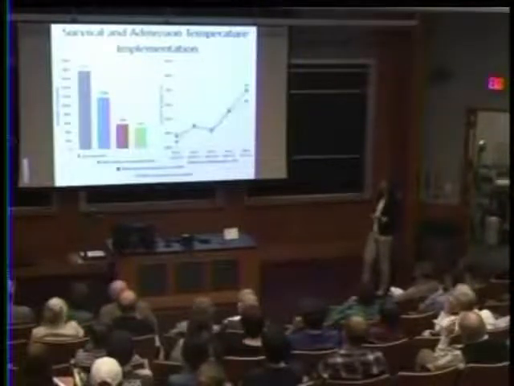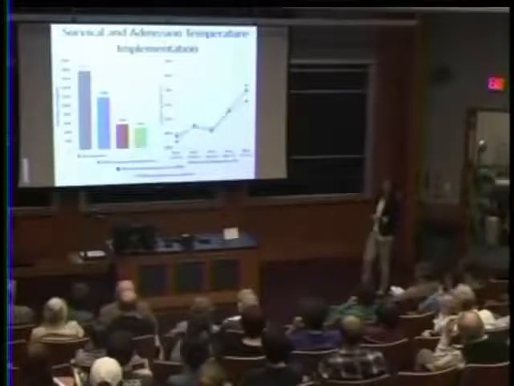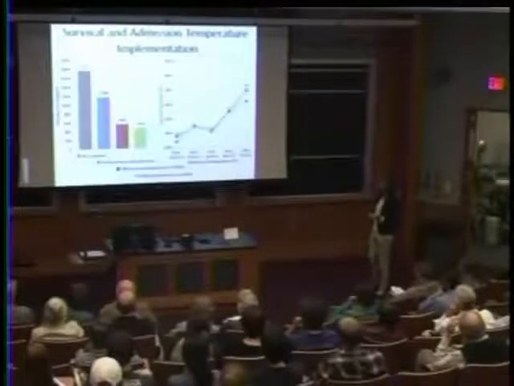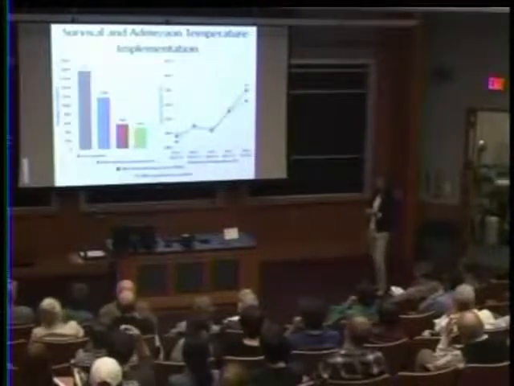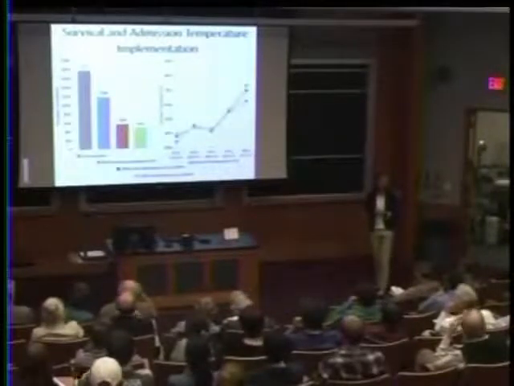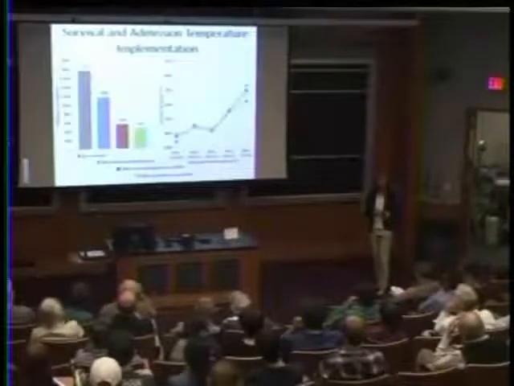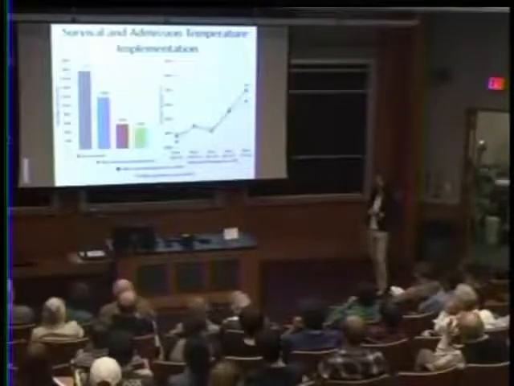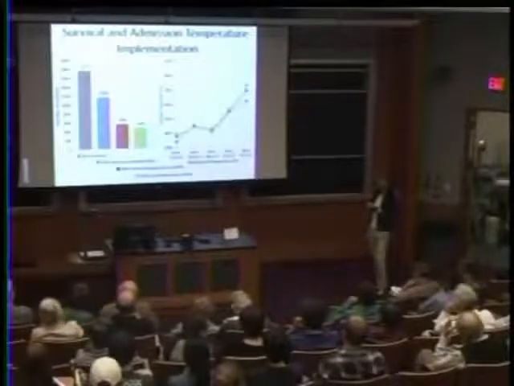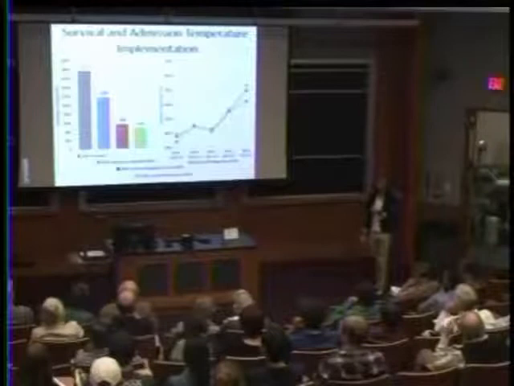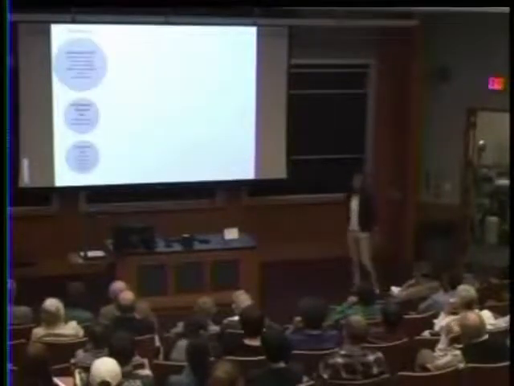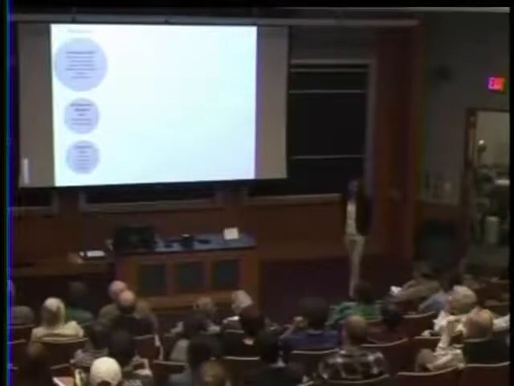But if we look at, first of all, look how low these temperatures are. These babies are coming in so cold at temperatures of 32 degrees. If we look at the rates of survival versus temperature, we see exactly what we could have predicted from our pilot study had we really understood how under-resourced these district hospitals were. And when babies are kept warm, they're doing very well. We're seeing the same kind of outcomes that we saw at the central hospital, but they don't have the ability to keep them warm.